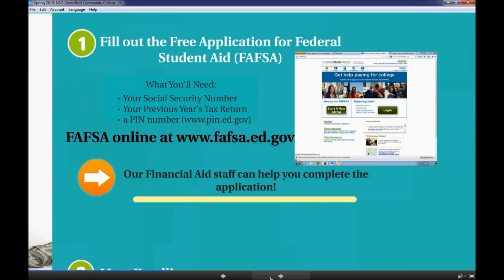Some of our students come to us and let us know that they actually ended up at a .com site, and they were using a service, a for-profit service, a company service, to file their FAFSAs. They didn't know. They just went to a search engine like Google, they searched for FAFSA, it came up with this website. If you want to go and do this by yourself, or you want to come into our financial aid office and we will help you, you want to look for that .gov extension,